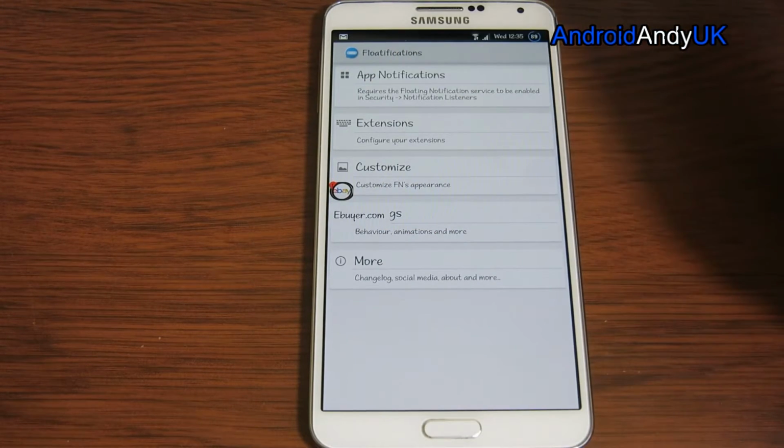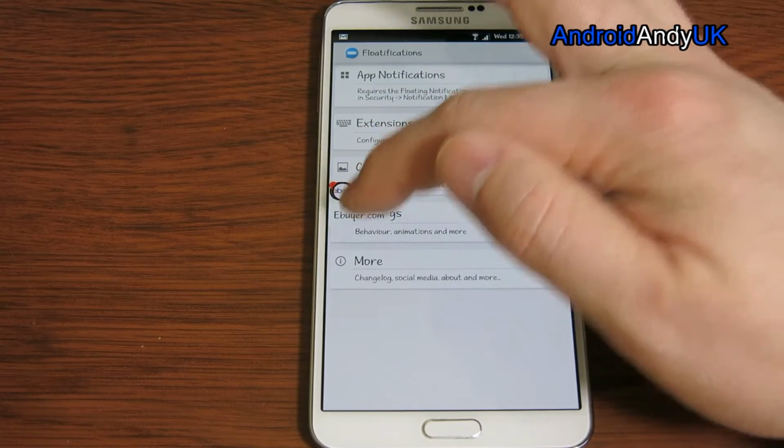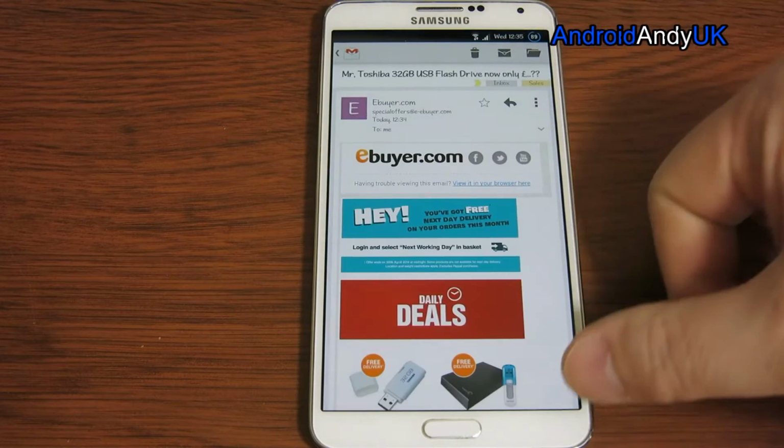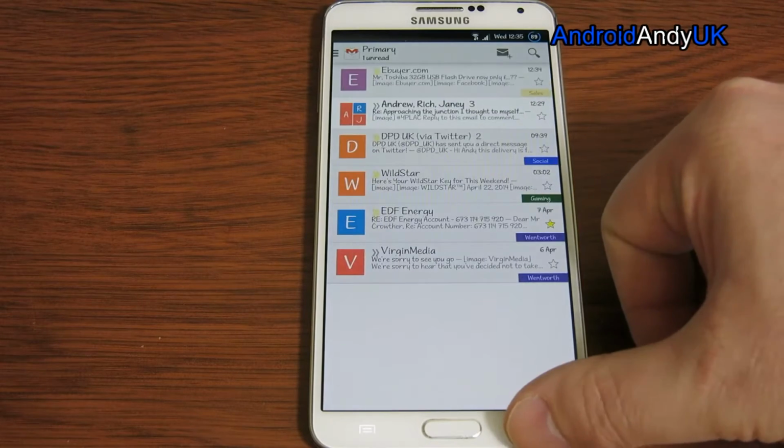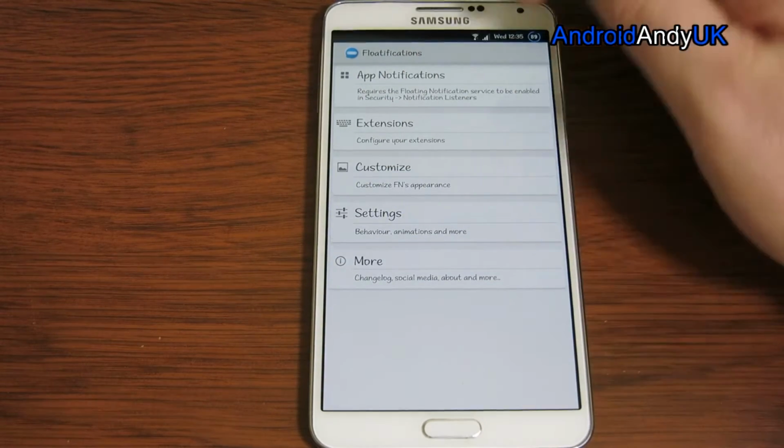There you'll see another one. I'm not quite sure why that's still showing like an eBay icon. So that one is, I believe, an email. There we go, from eBay. So I don't know, something's gone a little bit wrong there, I think. Anyway,